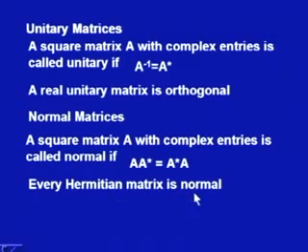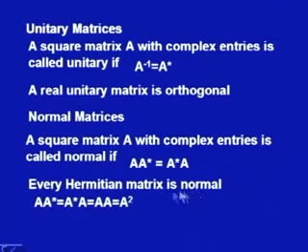So, every Hermitian matrix is a normal matrix, because A A star is equal to A star A if it is a normal matrix, but we know that A star is equal to A for a Hermitian matrix. What is Hermitian matrix? Hermitian matrix is a matrix with complex entries, so that A star is equal to A. So, when A star equal to A, then this product as well as this product equal to A square, which satisfies the condition of normal matrices, and that is why we say that every Hermitian matrix is a normal matrix,